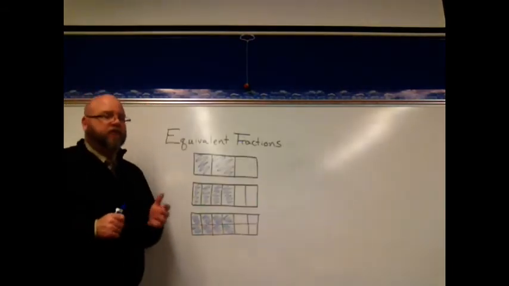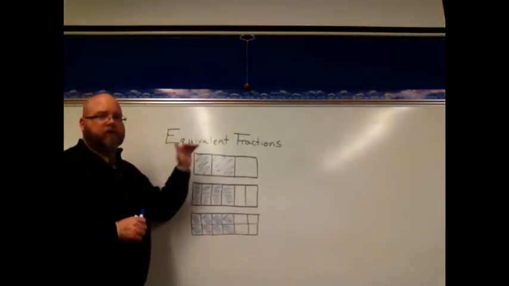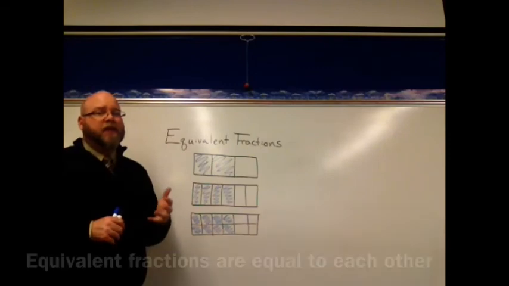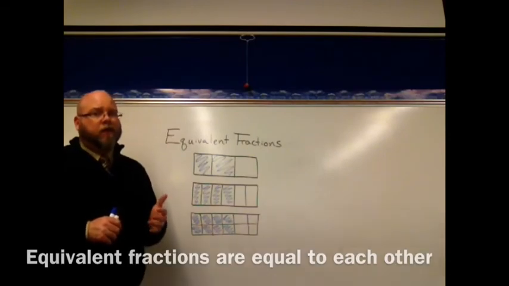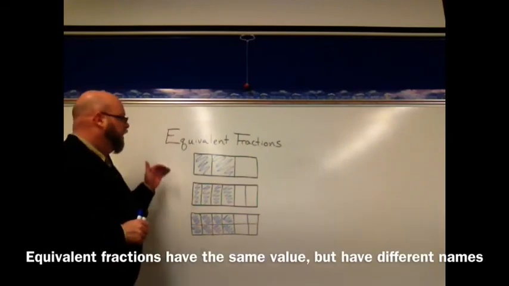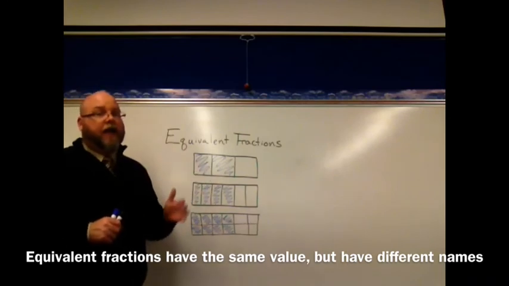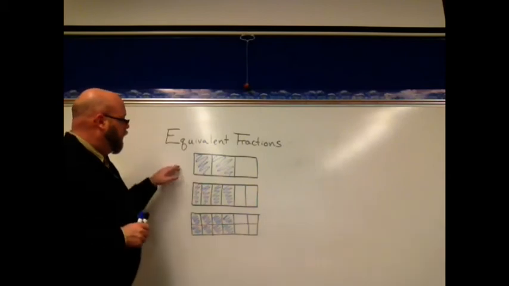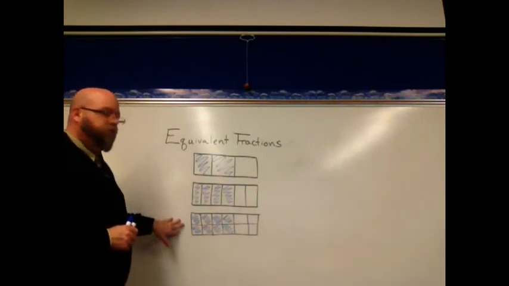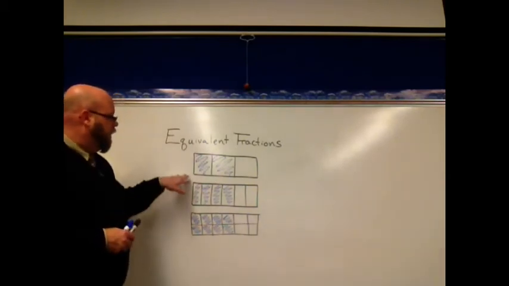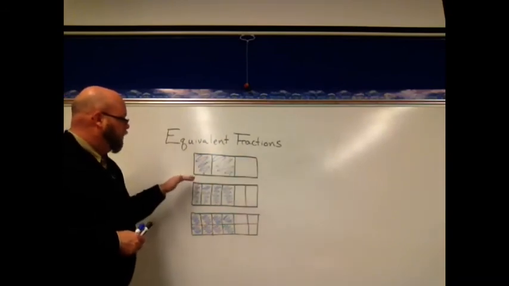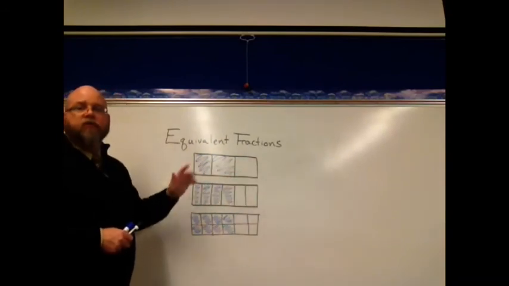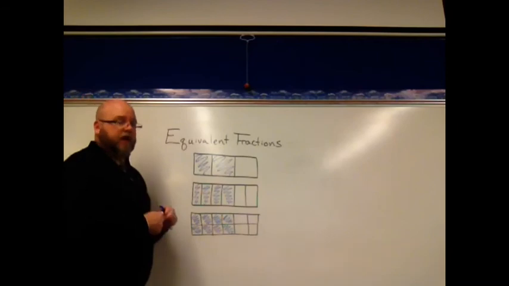Something else about fractions is that fractions can be equivalent fractions, meaning that they can be equal to one another. The way I like to think about equivalent fractions is that equivalent fractions have the same value but may have different names. I'm looking at these 3 examples of equivalent fractions. Here I see a whole divided into 3 equal parts. 2 are shaded blue. This fraction is